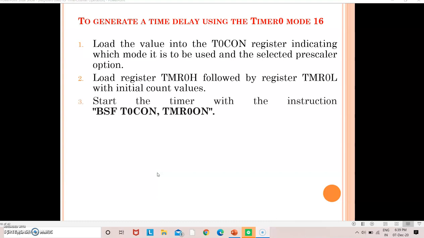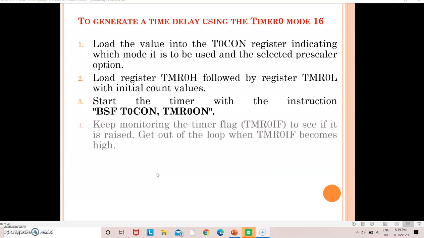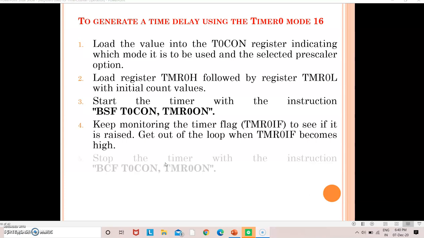Now, after loading this value, I need to start the timer. We have just discussed this instruction. By using this instruction, we can start the timer. After starting the timer, it's time to monitor the overflow flag of the timer. So we are going to monitor the timer 0 IF flag and continuously observe whether it becomes high. Once it becomes high, it's time to stop the timer.